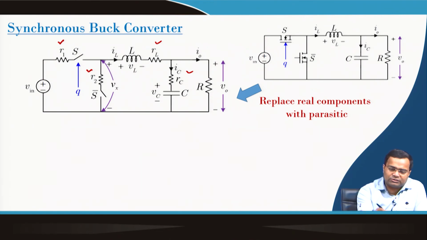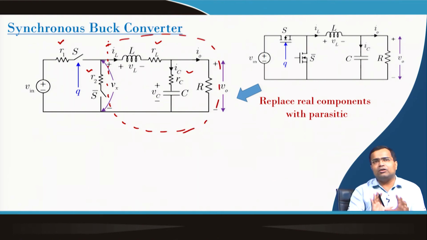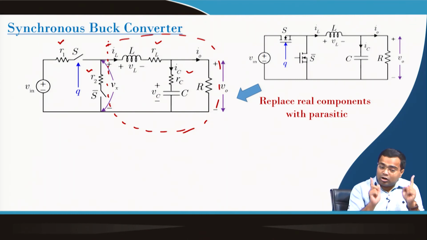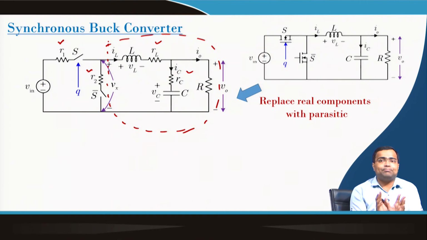And if you consider Vx, that means if you just look at this circuit, for this RLC parallel circuit we already have implemented the block diagram. The only difference is that in the earlier circuit we had an input voltage Vin, but now here the voltage is Vx, and in this case this voltage is called the switch node voltage. This voltage is not a fixed voltage, it is a pulsating voltage.